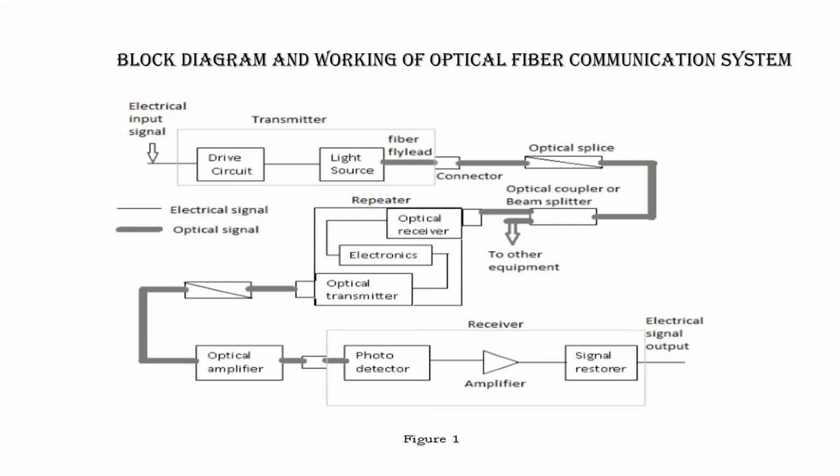The reason is, as your signal travels over a long distance, it becomes weaker. For further distance communication we need to have a regenerator. So in the regenerator we will have an optical receiver, then we will regenerate that electronic signal again and give it to the optical transmitter. Now our signal will be strong here, and it will be connected to the optical connector again, and again there could be a long optical cable. There could be an optical splice also.